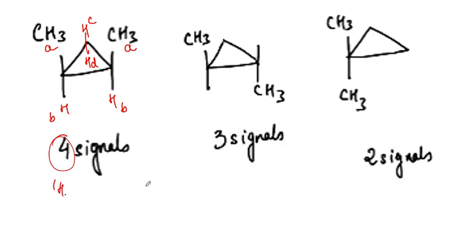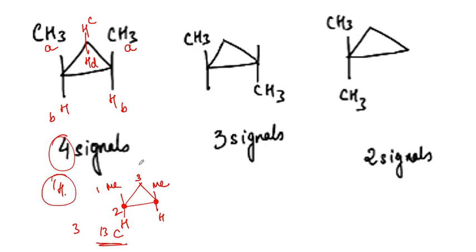And if we are talking about the carbons again, the methyls are the same. So one carbon over here is the same as this carbon. So 1, 2 and the third one. So only 3 signals for the 13C NMR. I hope that you will do it by yourself as well. There are protons over here everywhere. So 4 signals for the proton and 3 signals for the 13C NMR.